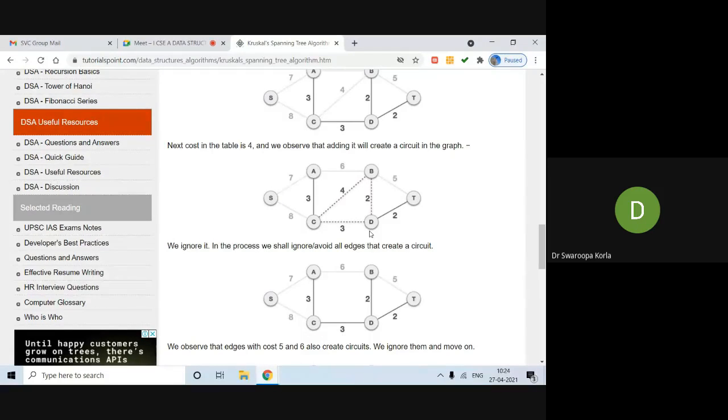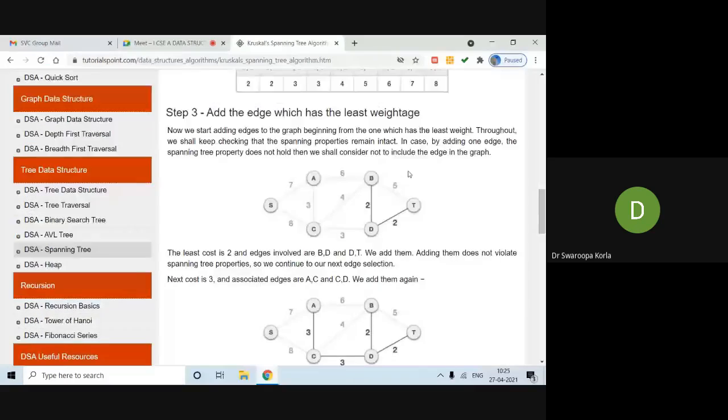So whenever by adding any edge it is forming a circuit, we need to ignore it. We need to remove it. We need to avoid that edge. So what shall we do? We should not at all allow adding this particular edge. So ignore C to B. Now if you ignore this, the graph is just like the above. Now our graph is A to C, C to D, D to B, and D to T. This is what exists already, only because we ignored the C to B. And let us look at the table.